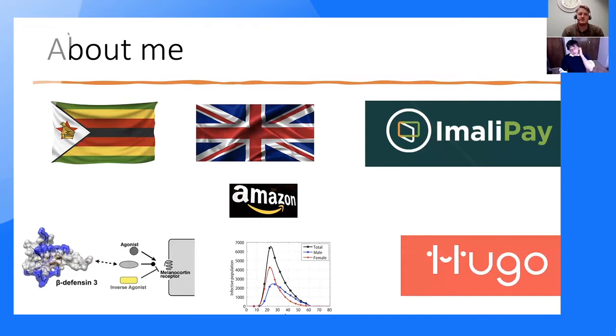So a bit about my background. I spend half my time in Zimbabwe and half my time in the UK. I used to be, a long time ago, a research physicist. In the bottom left there, I've got the molecule I used to work on. I used to do molecular simulations with that. It taught me a bit about programming and a bit about data science, which I now use in other fields. And I suppose I decided that academia wasn't really for me,